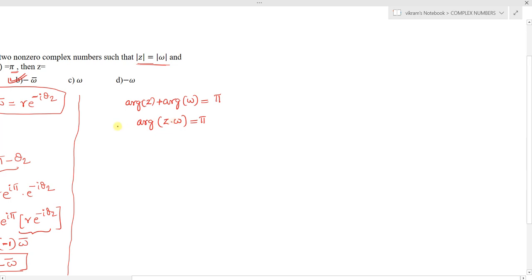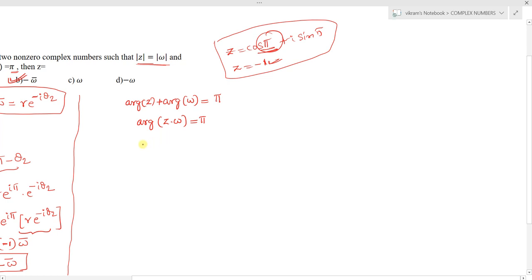Now, if the argument of a complex number is pi, then for example, we have z equals cos pi plus iota times sine pi, and we get the result z equals cos pi, which is minus 1, plus 0. So if the argument is pi, then the complex number is a negative real number.